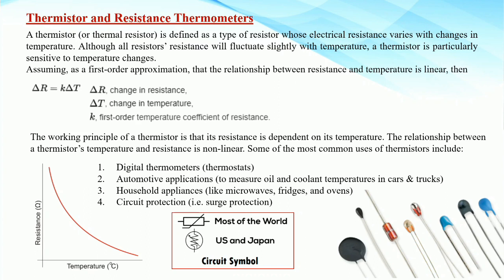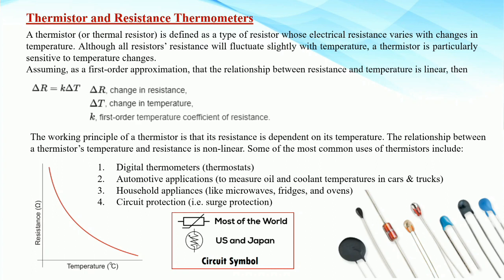Then there are resistance temperature detectors, RTD. The material used in a thermistor is generally a ceramic or polymer, while an RTD is pure metallic. The temperature response is also different from a normal thermistor. RTDs are useful over a large temperature range, while thermistors typically achieve greater precision with a limited temperature range.